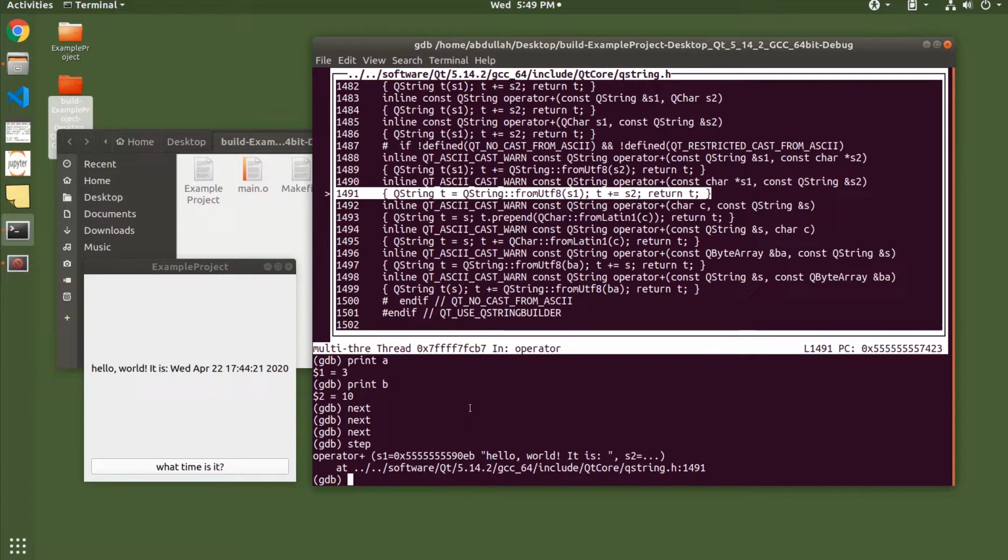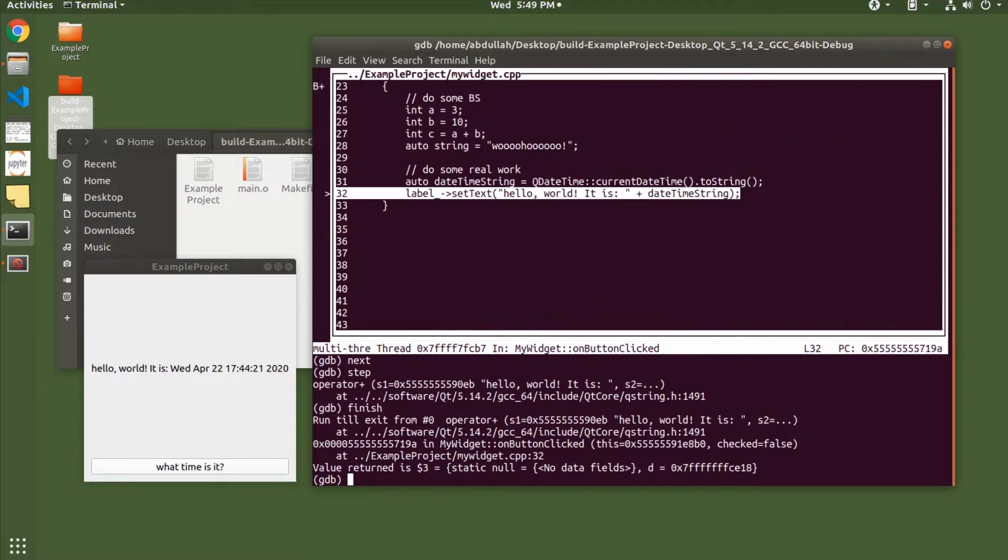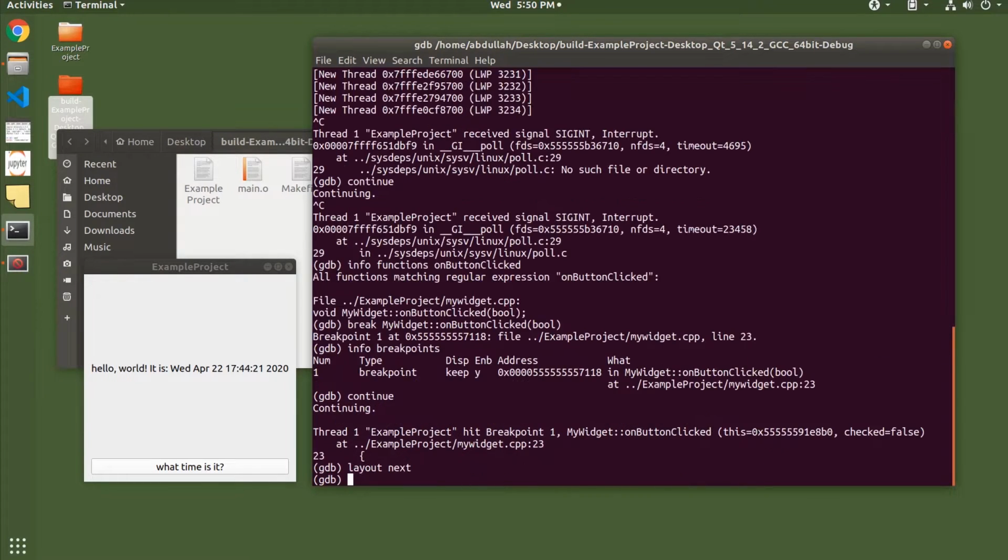Now to finish executing this function that we've currently stepped into, just type in finish, and you notice that we come back up. So we finished, we jumped into setText, we executed all of it, and we came back out. Okay, so that's how you step through your program while you're looking at the source code. That's called TUI mode, right? All right. So to get out of TUI mode back into that regular GDB terminal, just type in TUI disable,